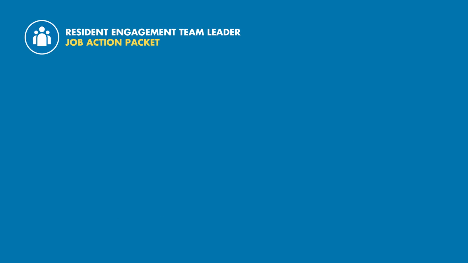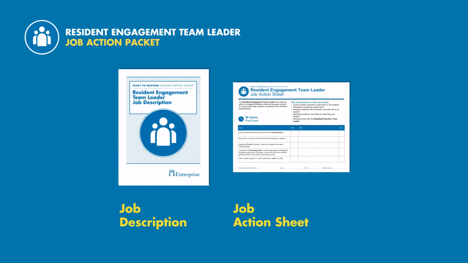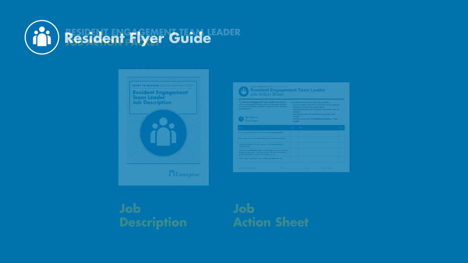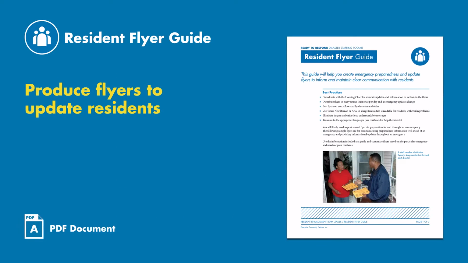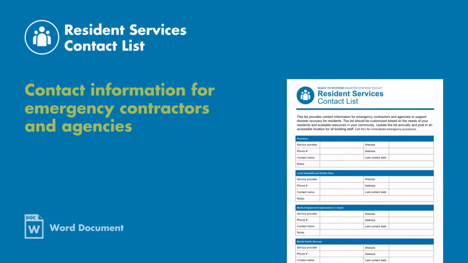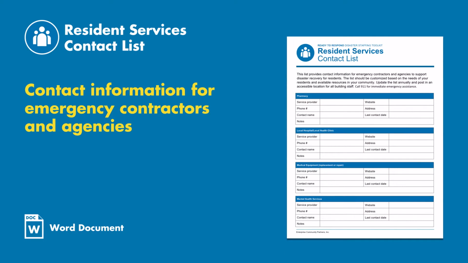In addition to the job description and job action sheet, tools to support the Resident Engagement Team Leader's role include the Resident Flyer Guide, which details how to produce flyers to update residents and provide disaster preparedness information. The Resident Services Contact List gathers contact information on emergency contractors and agencies, which can support residents' recovery after the